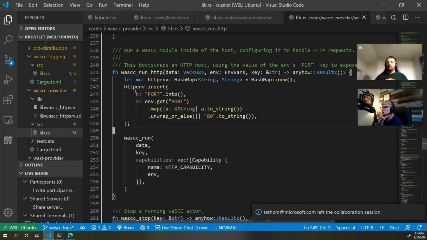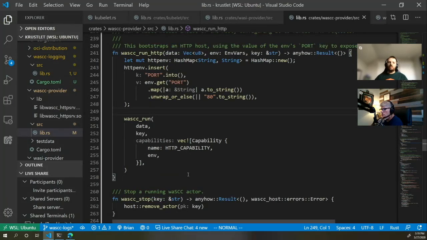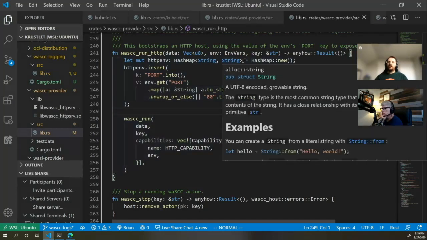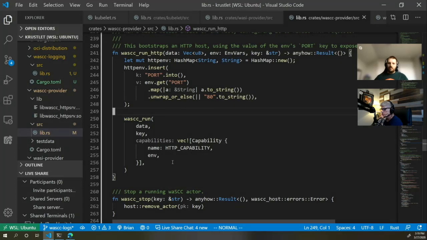Does this HTTP env get used? Did you drop? It gets passed in. Yeah, I dropped out. The rebase screwed up the live share for me, so I'm just reloading it. Oh. That HTTP M is being used when you pass it into the waSCC run, I believe. When you get back in, I'll ask you to show me where, because I see where HTTP M is